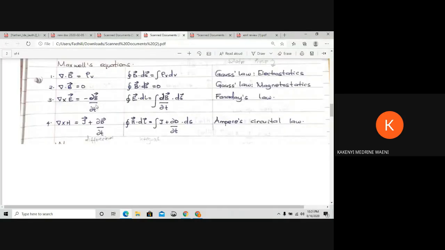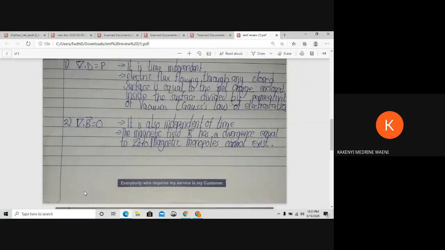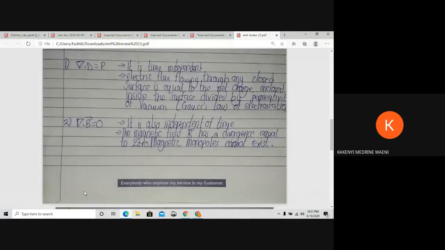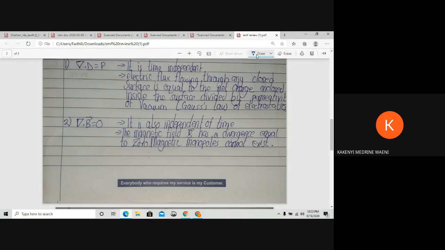then the second one is the integral of the flux density over a closed surface, which is independent of time. The magnetic field B has a divergence equal to 0, so magnetic monopoles cannot exist. Because in here, like the first equation, electrostatics, is one we did in first year, I think. The one where you have a charge, two different charges can influence each other and all. But then